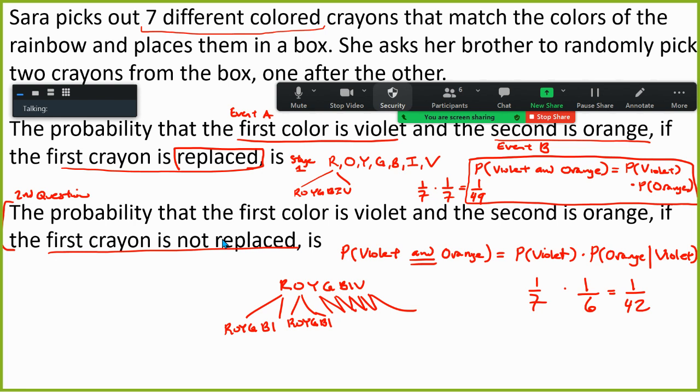I'm sorry, the 6 was for what? Good question. The 6. Where did this 1 out of 6 come from? And why is it 6 and not 7? Because